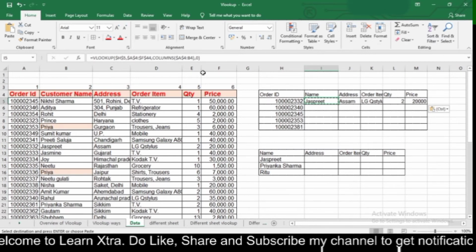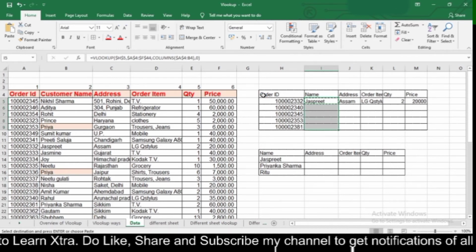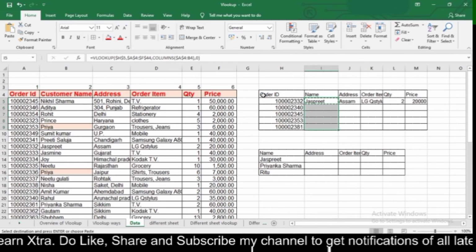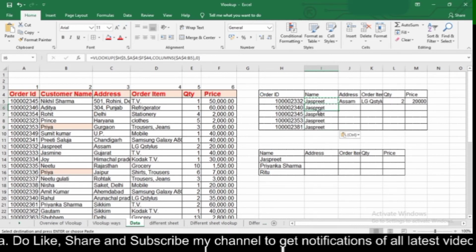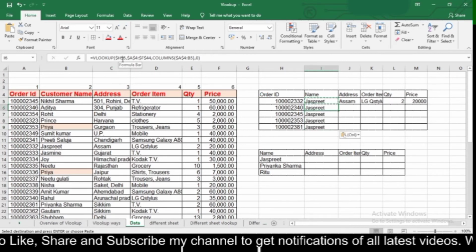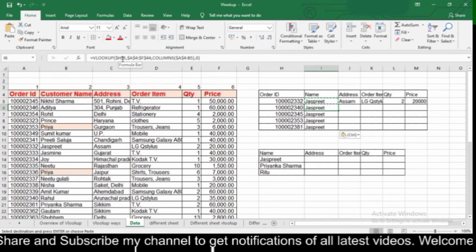If I copy and paste this formula in the rest of the cells downward, I didn't get my answer because here I have frozen my H5 cell, which is the order ID of Jaspreet.